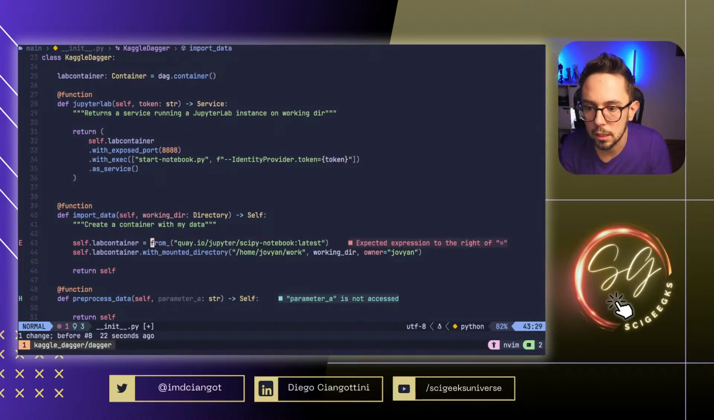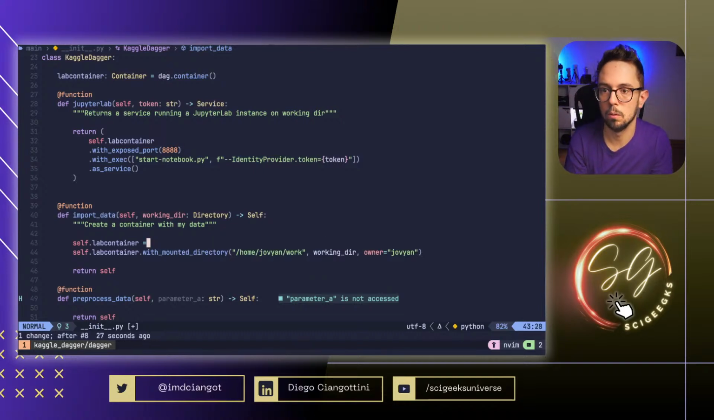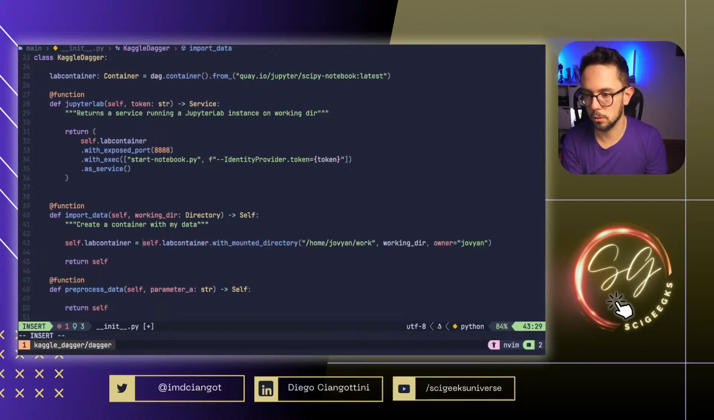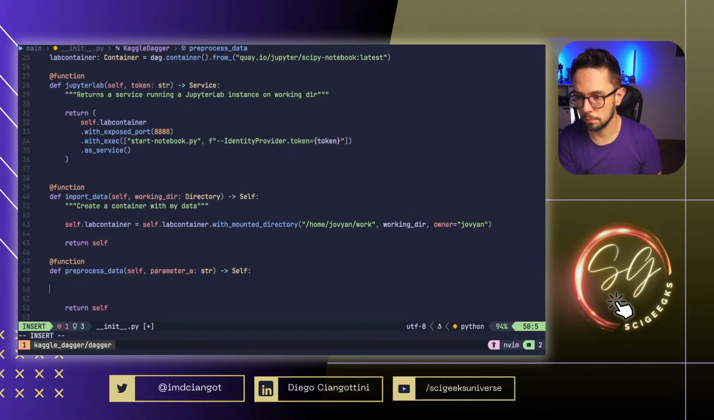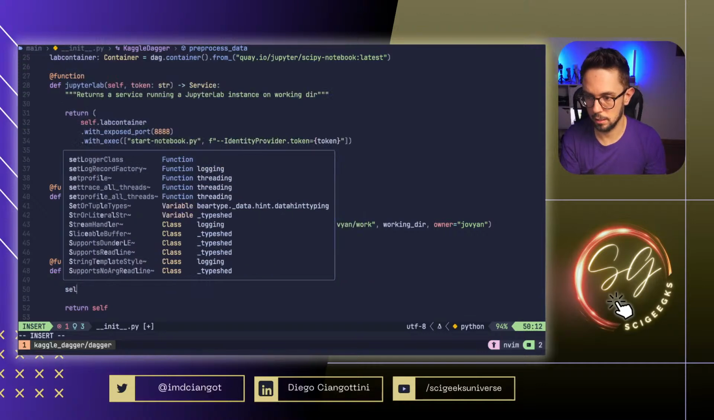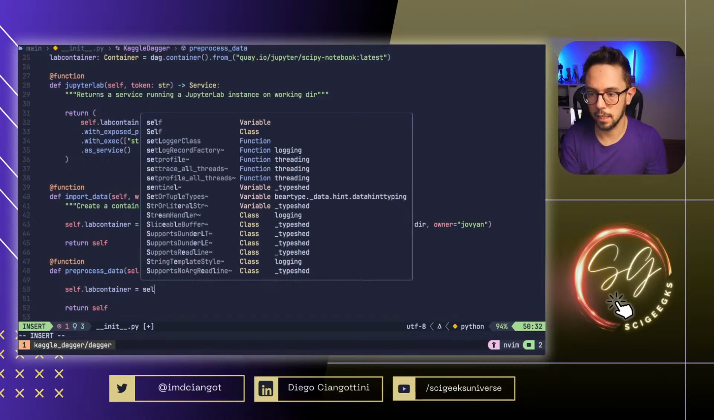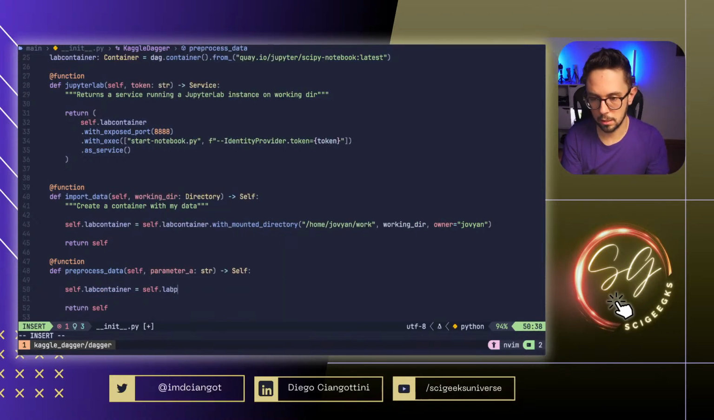What I just did, I don't know. Yeah. Okay. And then we keep the whole chain. Pretty cool. And then, for instance, here we can tell, all right, I want to start from self dot lab container, and again lab container dot